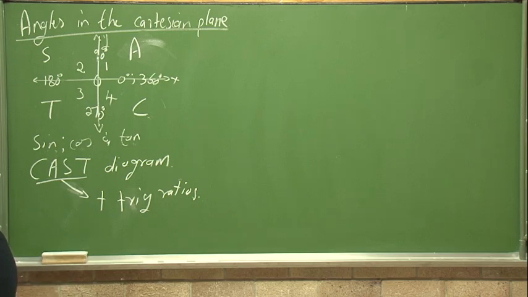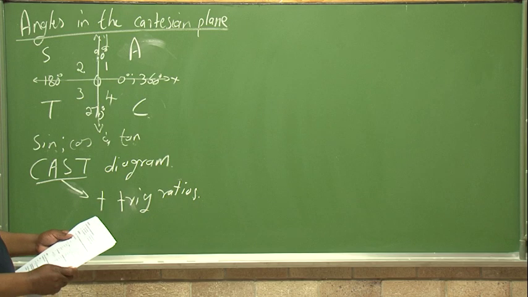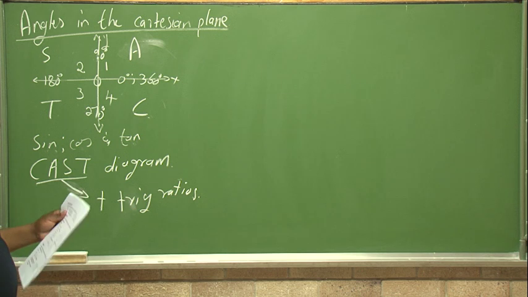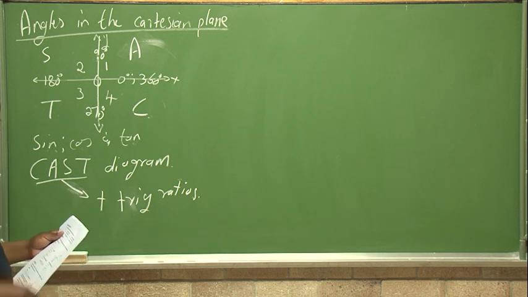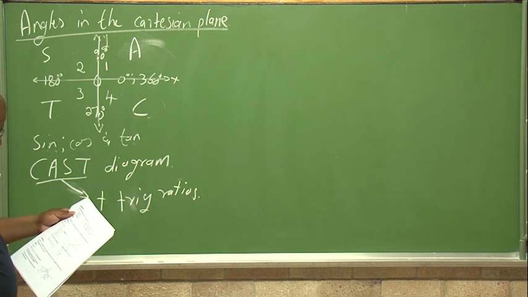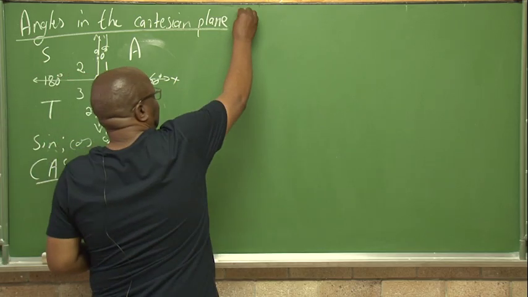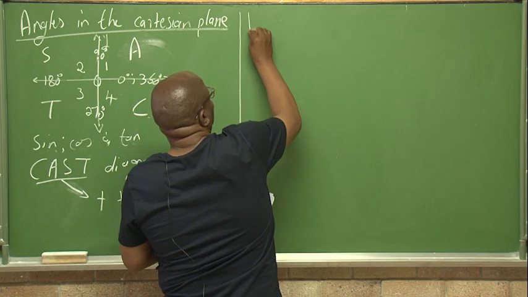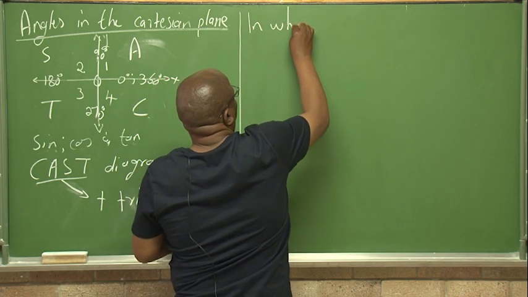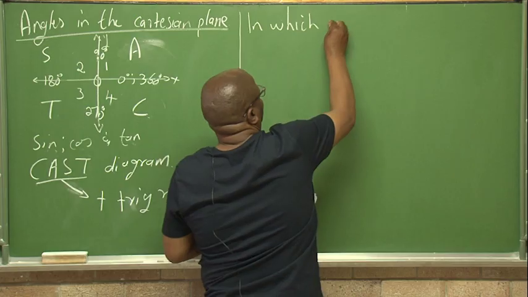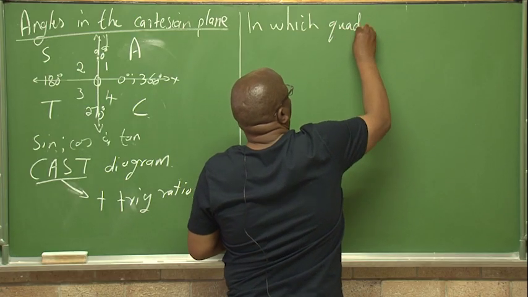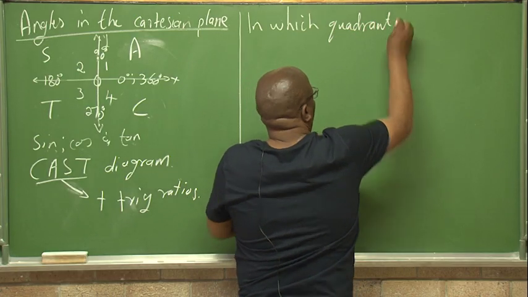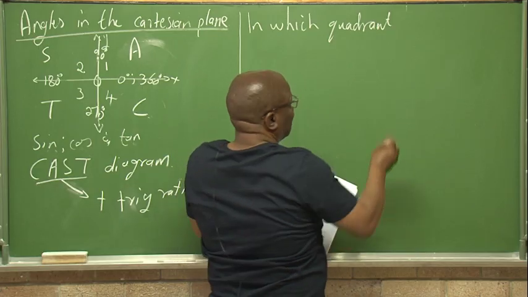Allow me to show you an activity here. It's a very simple activity. I want you to identify the quadrant. The activity reads, in which quadrant does the terminal